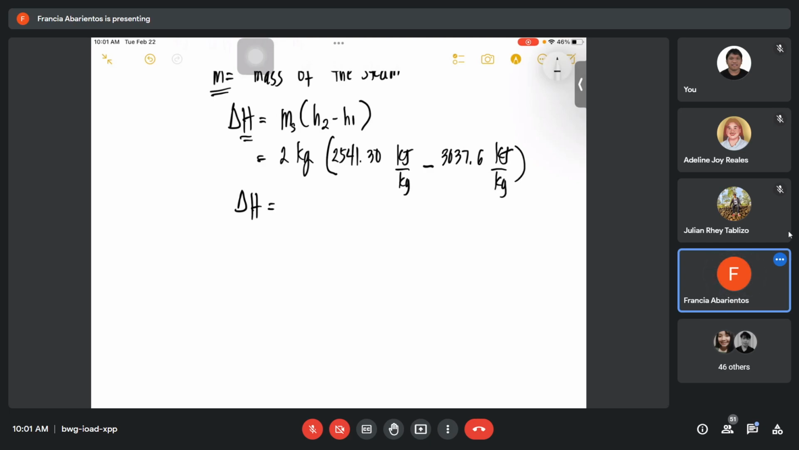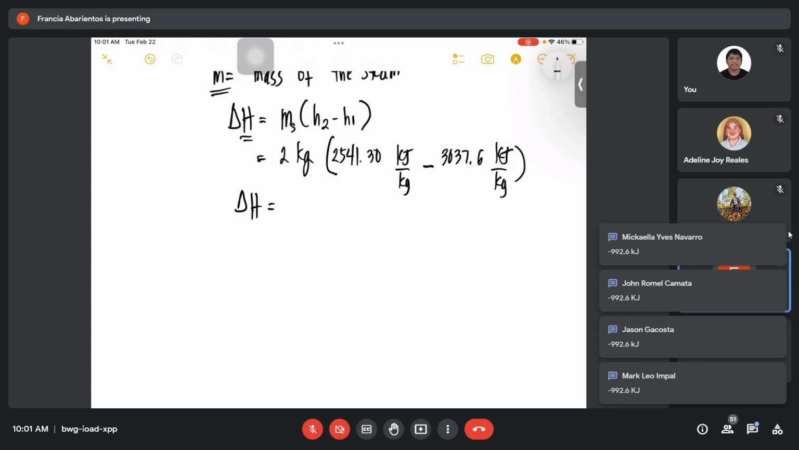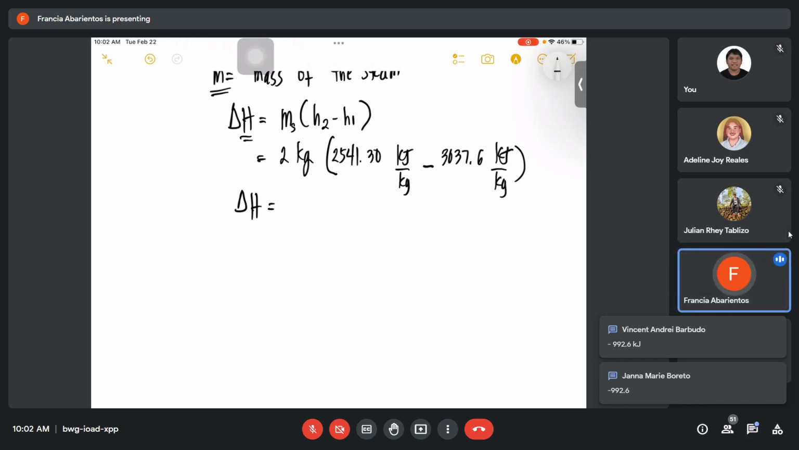Okay. Enthalpy. Negative, positive. Negative or positive? Yan. Okay. Yung iba. Okay. So, since this is a polytropic process, okay, some of the values are negative. Okay. Depending upon on how the steam expanded, okay, so meron tayong negative, okay, 2541.3 minus 3037.6. We have negative,